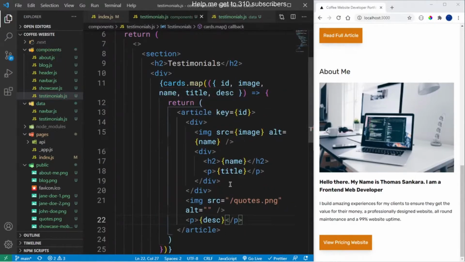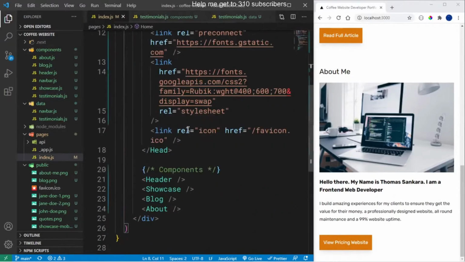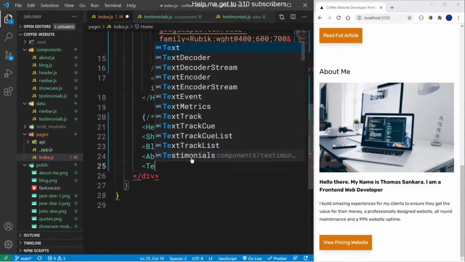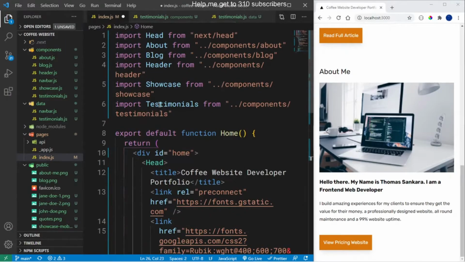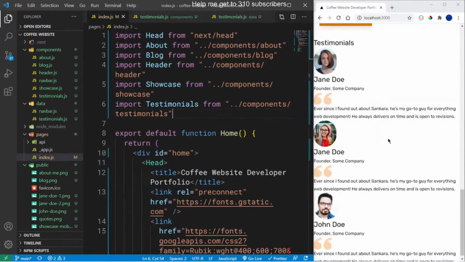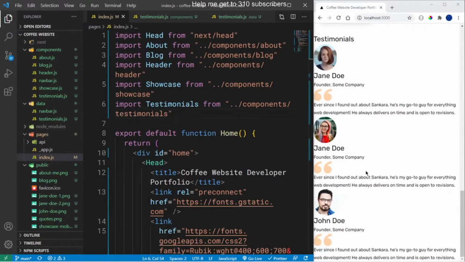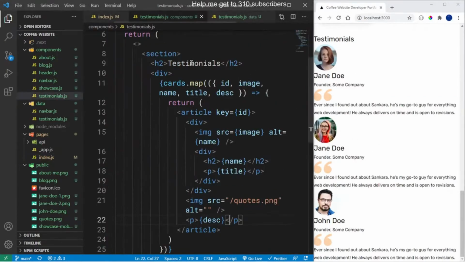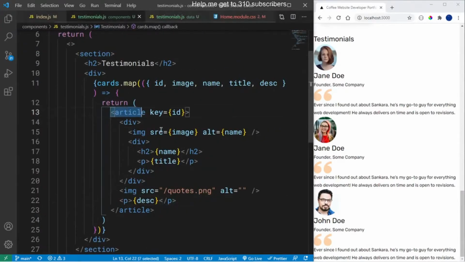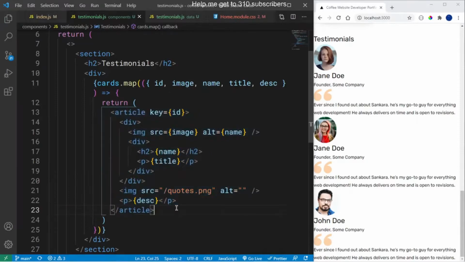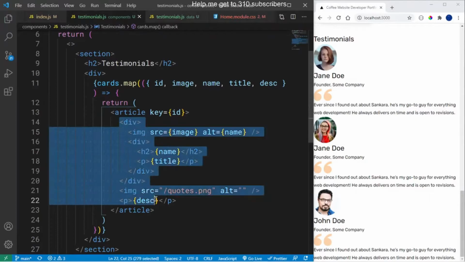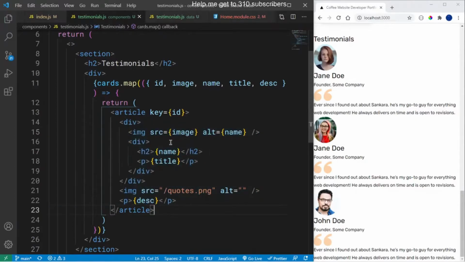So let's save this, and I hope it works correctly. Let's render it out. Right inside here I'm going to render out testimonials, which comes from components. Remember, now we are rendering our components. So save that, and let's see what displays on the screen. And we have this. Would you look at that? It's looking amazing. Sometimes building out this structure in your head is hard, but once you keep on doing it, it becomes easier, even to visualize how it looks,